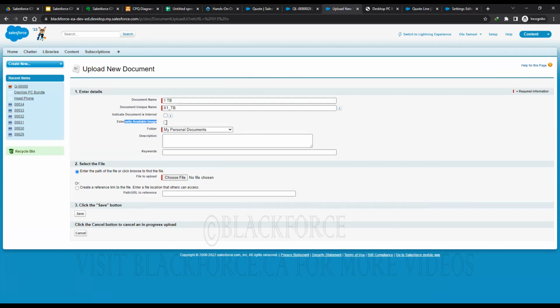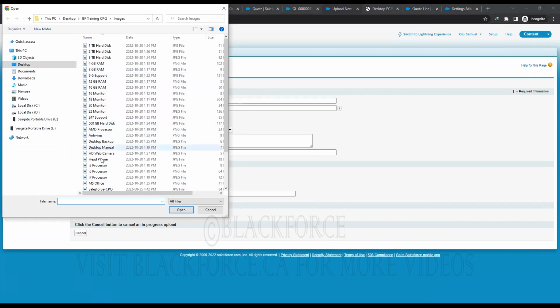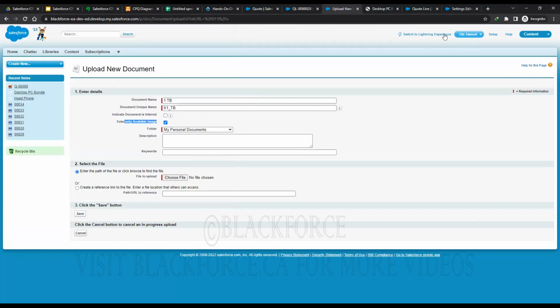That gives you the API name. Make sure it's externally available, all of that. Choose the file. Yes, so you guys can see I did all of this today before the class. Then save, and that's it, right? So if I switch back to Lightning, and also